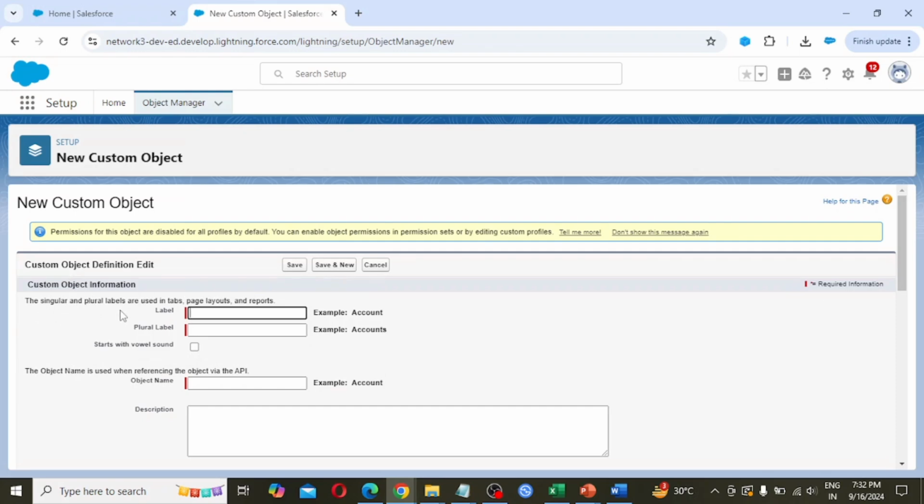The singular and plural labels are used in tabs, page layouts and reports. So these labels that we are going to provide right now will be used in tabs, page layouts and reports. In our assignment, the object we are going to create is employee.